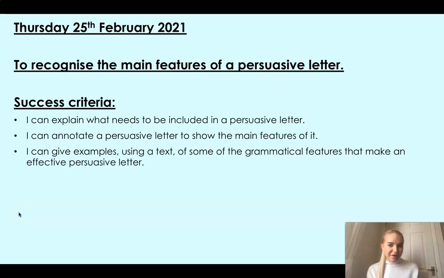Hello Year 4, how are you? Welcome to English Today. In today's lesson, you're going to be learning to recognise the main features of a persuasive